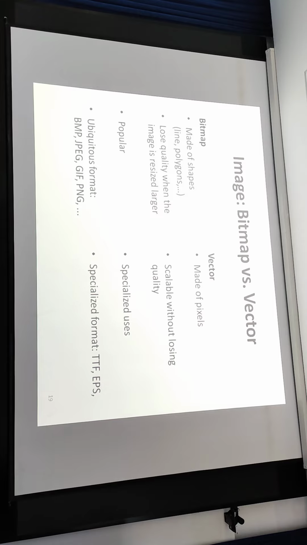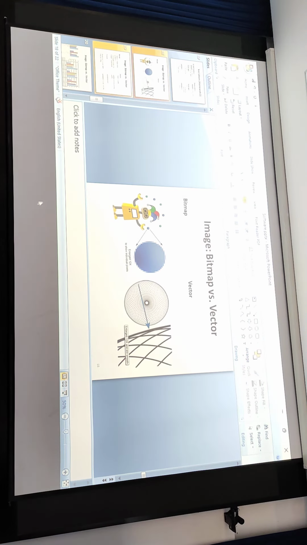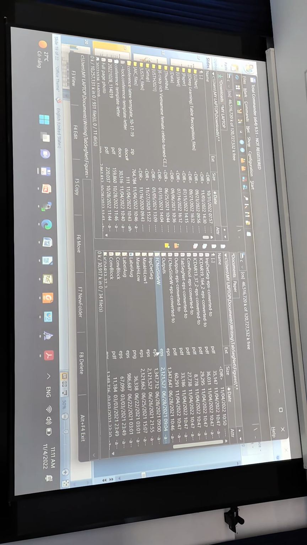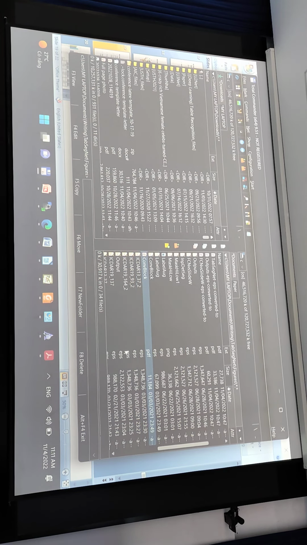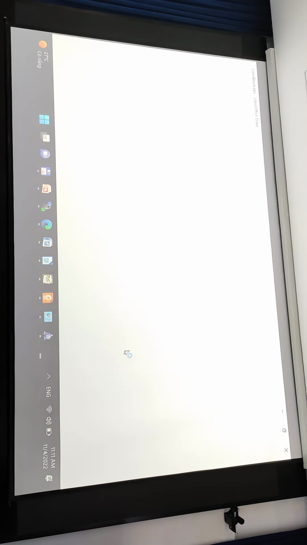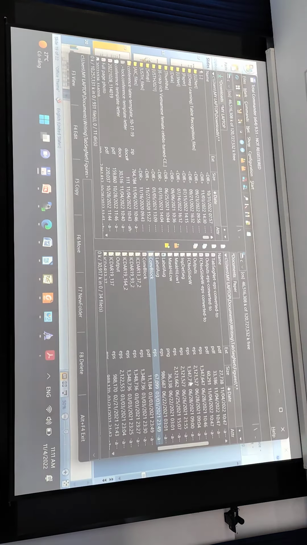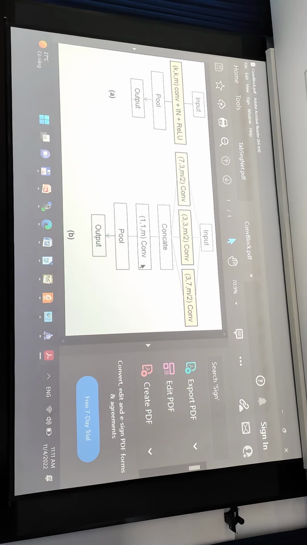Who knows what EPS is? Actually EPS can hold both vector and raster formats. I'm not sure if I could display it here. Something like that, just in vector.